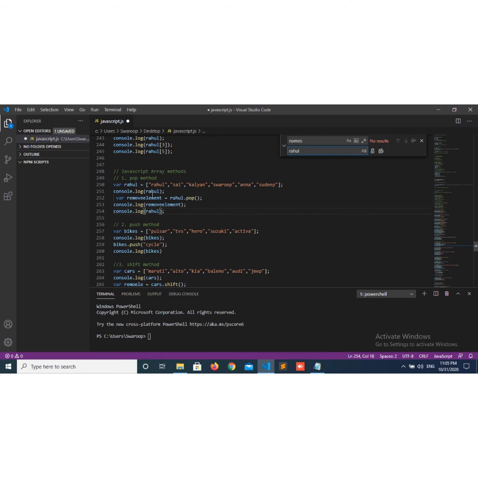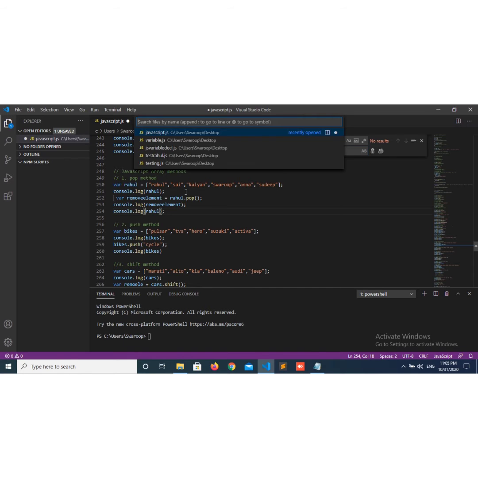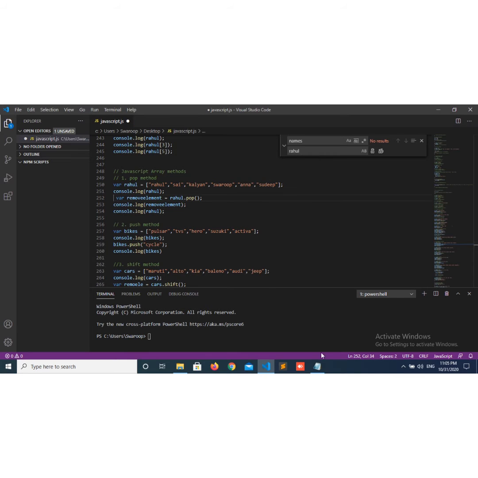Here I actually have only one file. In case there are multiple files, just click on Control plus P. You can search it here. Whatever file name you want to search, you just type that file name. You can grab it out here. Okay. What is the command for searching an exact file? Control plus P.